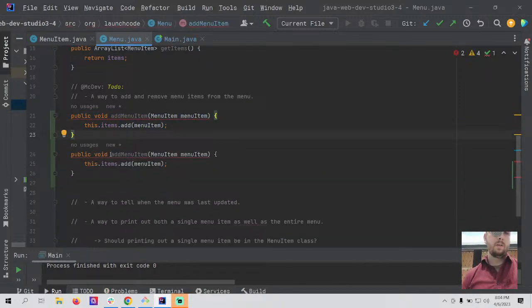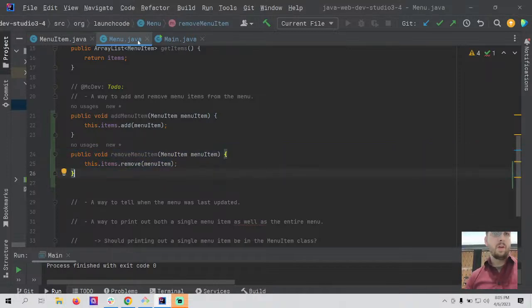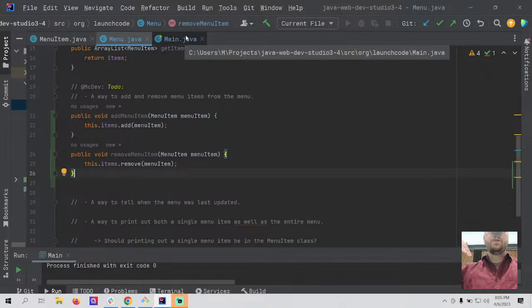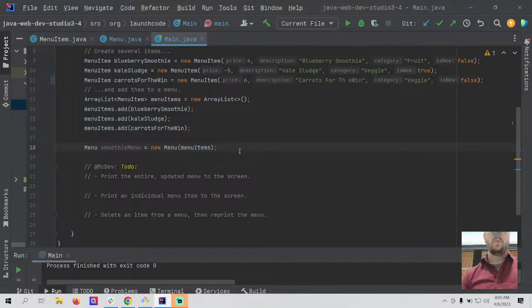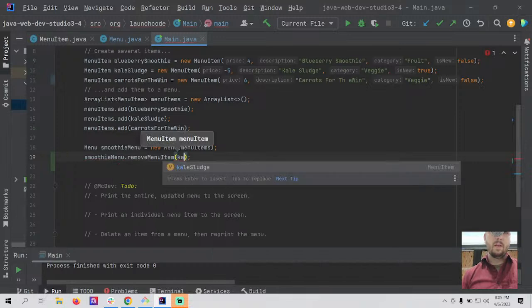So also be public void. I'm going to say remove menu item. Now this one, I'm going to say remove. This one I need to test because I'm not sure offhand that this is going to work how I think it should, but let's find out. So in order to test this, we want to be able to kind of walk through the steps. So I'm going to jump over to the main class, and I'm going to try to remove kale sludge. It wasn't very popular, even though we paid people. So let's say smoothie menu dot remove menu item kale sludge,